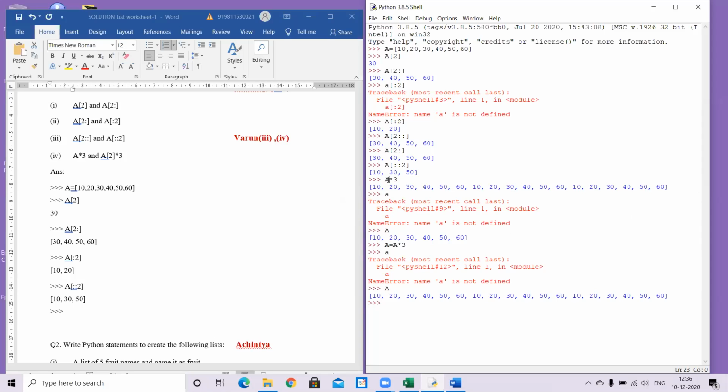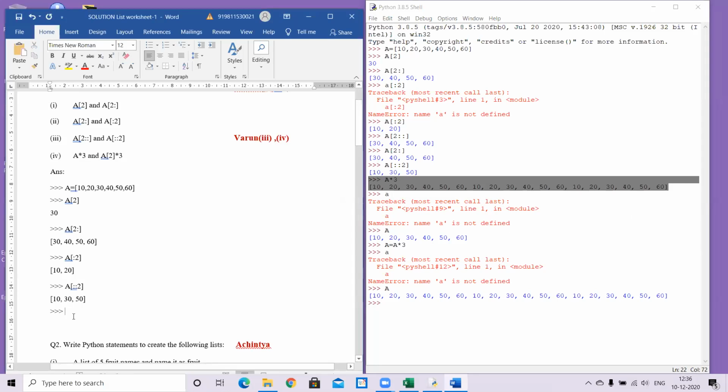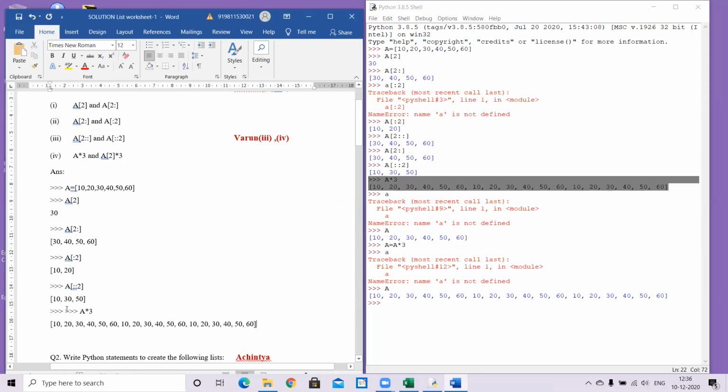Okay, so let us do that. If I do this thing, this is what I get. But the data is, let me just put that note also.